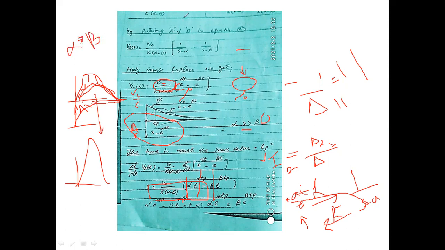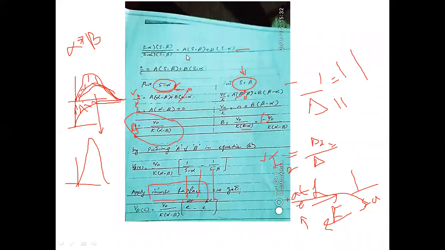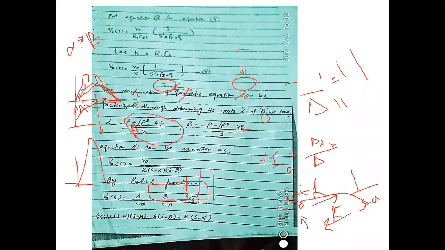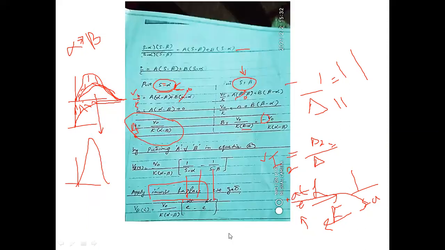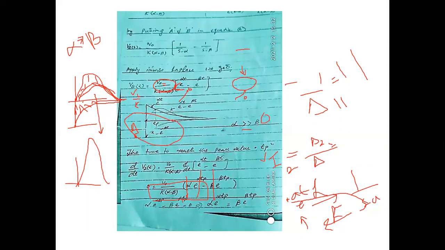This is because alpha is the positive term of the quadratic equation, minus p plus this term, and beta is minus p minus this term. Okay, so alpha will be very much greater than beta. So that is why the area under the curve for the upper numerator term, this positive term, is greater than this negative term. Okay, because alpha is very much greater than beta.